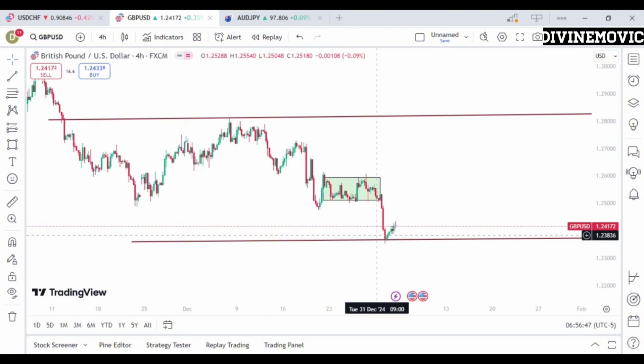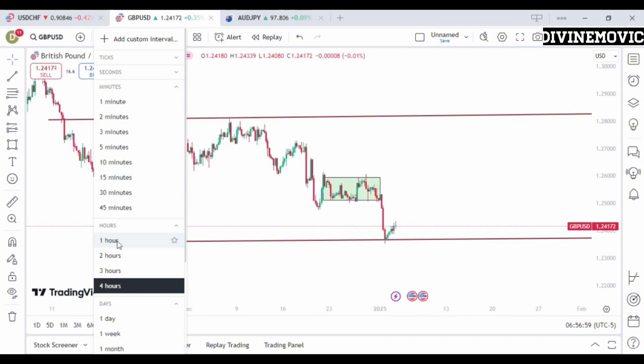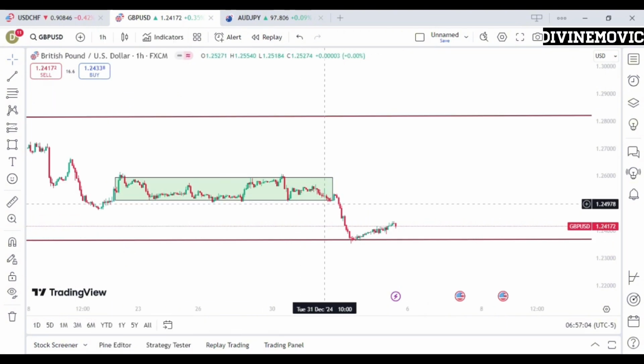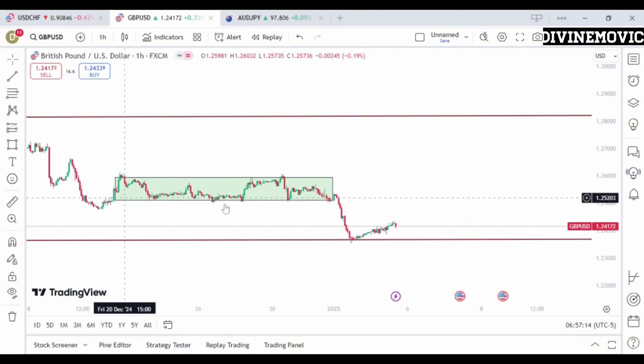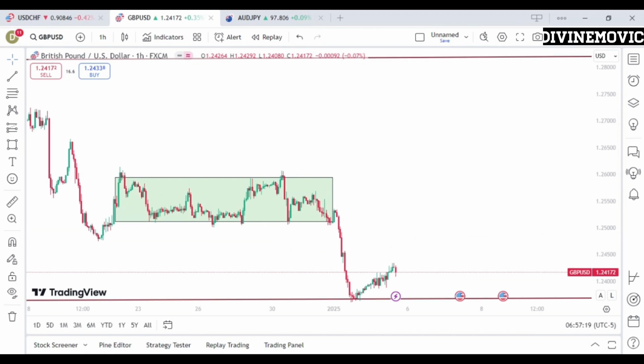Now the third step is simply to refine the supply zone to become a point of interest and identify the point where liquidity is. And for us to do that, we want to simply go to the 1 hour time frame and refine this to become a point of interest. And one of the ways to refine a supply zone to become a point of interest is by simply representing the full zone with a specific candlestick. That means you want to use a specific candlestick to represent this whole box here. And most times it can be a pin bar, a doji candlestick, and all of those candlesticks that we taught in